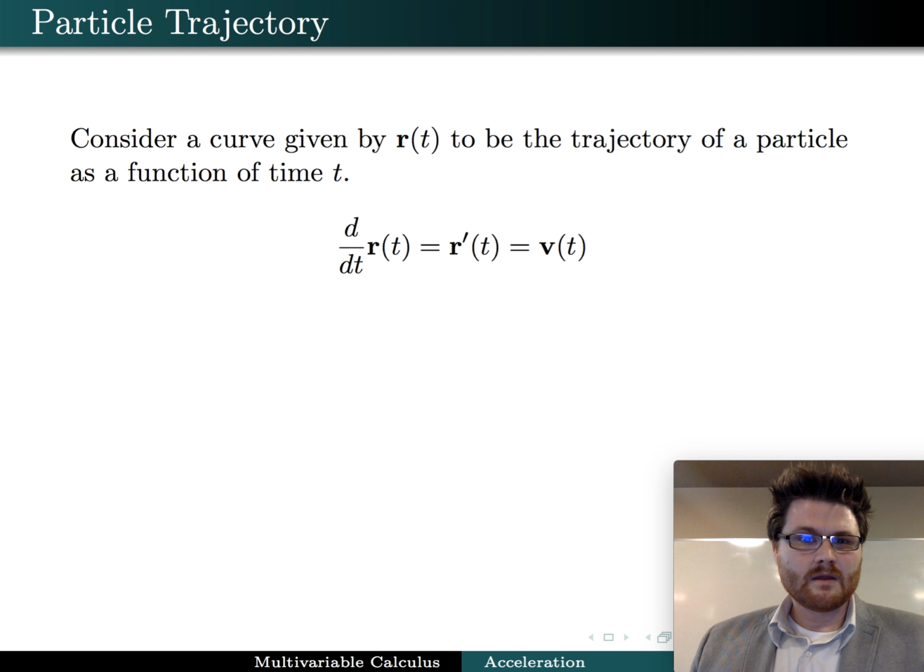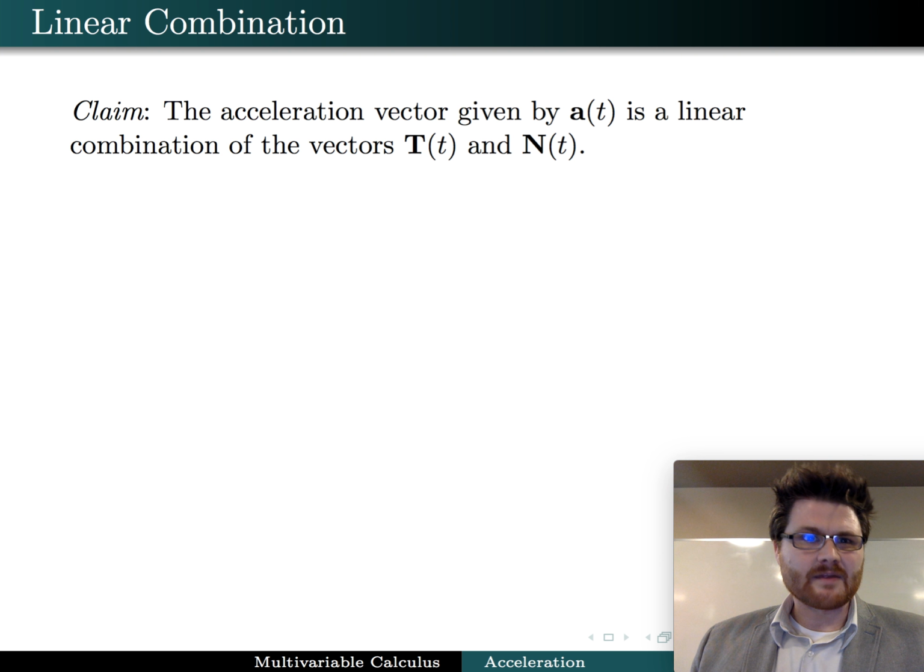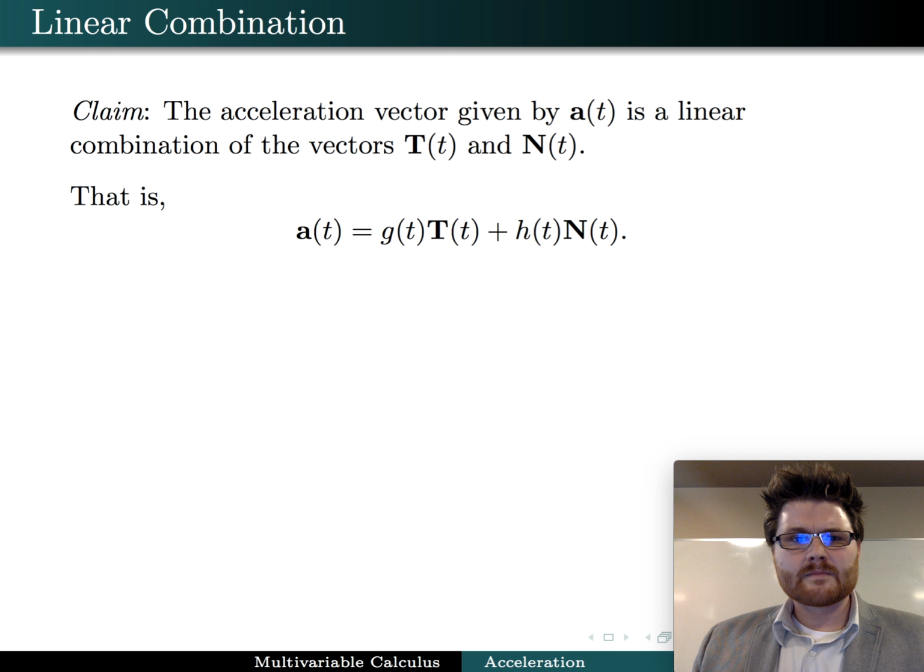It should be clear from the way we defined the unit tangent vector before that the velocity vector is just going to be a scalar multiple of that unit tangent vector. But I'd like to make a claim about that acceleration vector, and that is that it's a linear combination of the unit tangent vector and the principal unit normal vector. That is, I can write it as some quantity, perhaps a function of the parameter t, times the unit tangent vector, plus some other quantity, again perhaps a function of the parameter t, times the principal unit normal